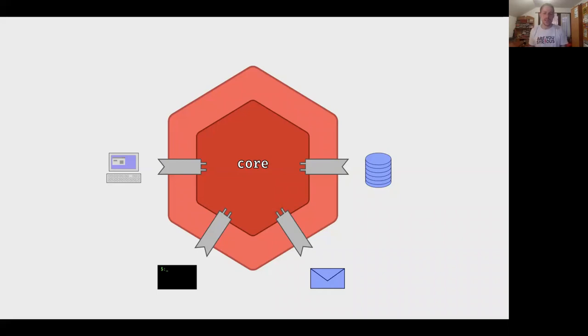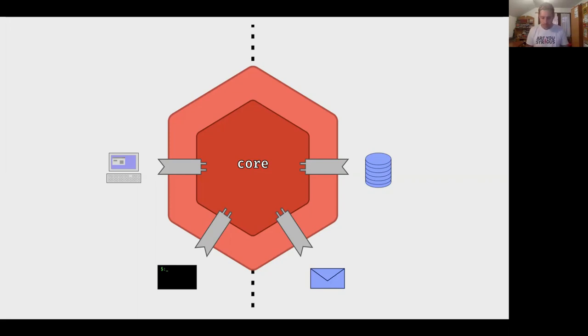Now, as I already mentioned, in this view of architecture, there's only the inside world and the outside world. So we have this very symmetrical image where the database and the web client are no longer the back end and the front end, they are simply outside. But at the same time, it is also a bit of an asymmetrical image. What I mean by this is that we can still divide our ports into two distinct groups, ports and adapters. And the way we are going to divide them is based on the way they communicate with the core. On the left side of this image, and it doesn't have to be on the left side, I just chose to draw it like this,